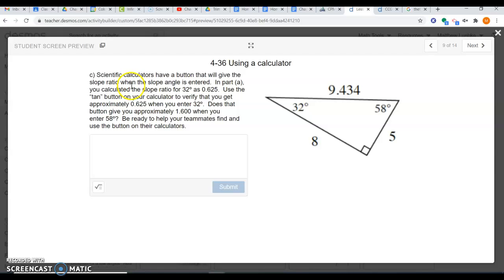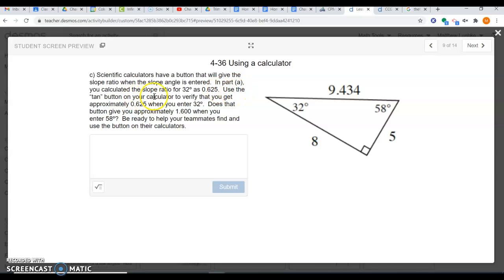Now here is this idea of using a scientific calculator to figure out slope ratios without necessarily using our trig table or needing an e-tool. And so it's an interesting thing. And so what we have here is, read these problems really closely. There's a button that will give you the slope ratio when the slope angle is entered. So in part A, you calculated the slope ratio to be